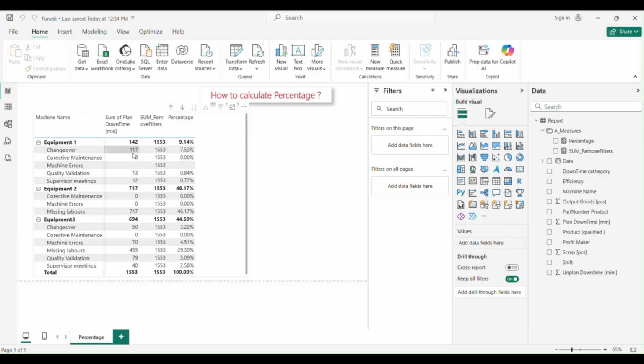But as you can see in this example, we have the percentage related to the total amount of our downtime. Meaning that if I split 117 to 1553, I will get this percentage.